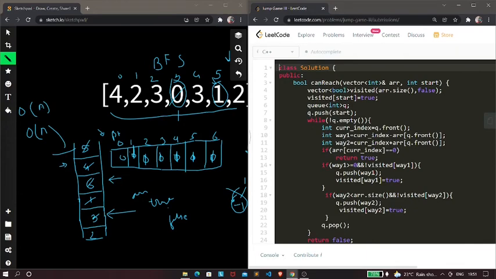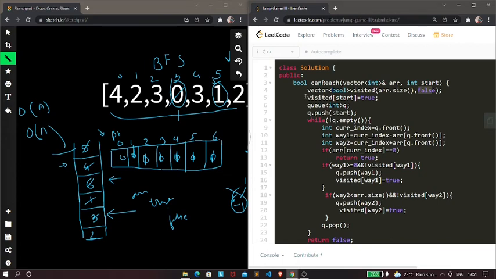So let's now understand the code for this algorithm. At first we have declared a visited array, which is of the size of the array, and initially each of the elements of this visited array is false. As you can see, we have considered 0 over here, and here we have considered false.